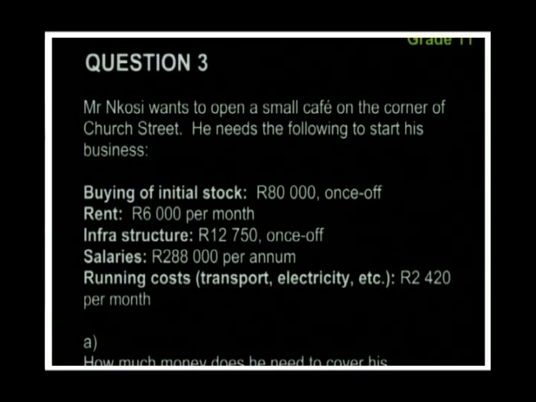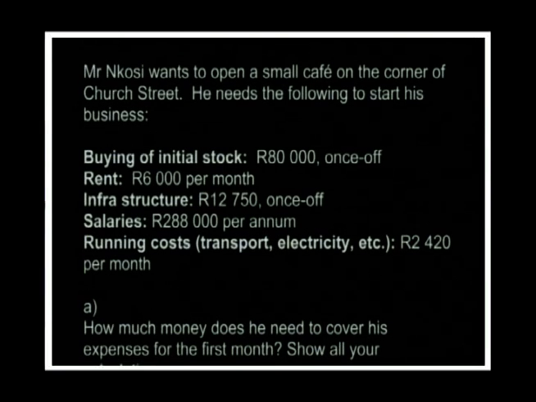Our next question is, Mr. Nkosi wants to open a small cafe on the corner of Church Street. He needs the following to start his business. He needs buying of initial stock of 80,000 Rand, and that's a once-off fee. He's got rent of 6,000 Rand per month. Your infrastructure of 12,750, and that's also a once-off fee. He pays salaries of 288,000 per annum, and he's got running costs, that's transport, electricity, and all other things like that, of